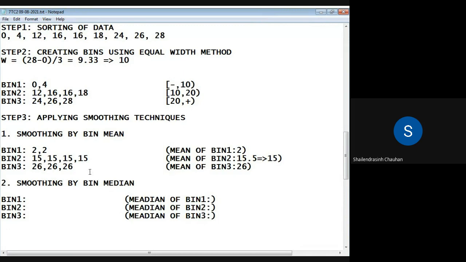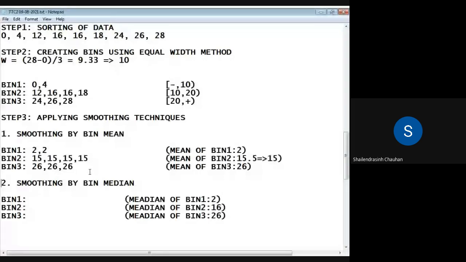So the central value of bin 1 is 0 plus 4 divided by 2, 2. Then the median of bin 2, the central value, 16 plus 16 by 2, 16 itself. And the median of bin 3, 26 itself again.